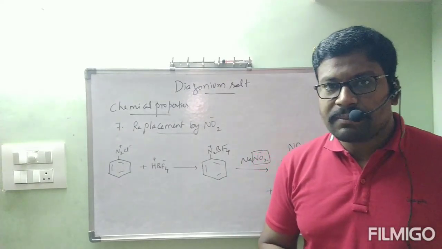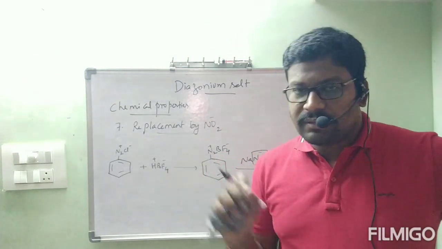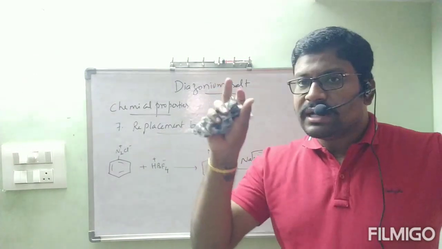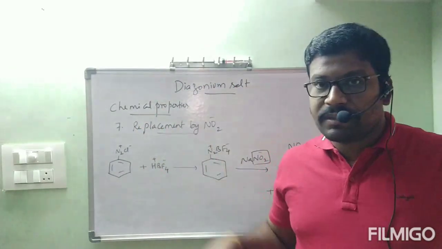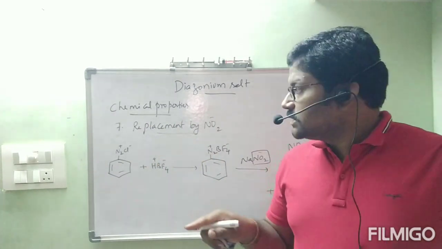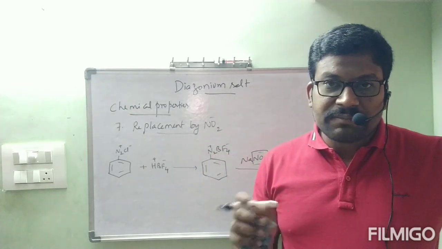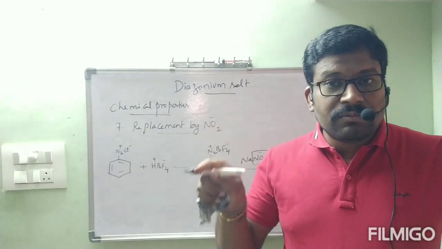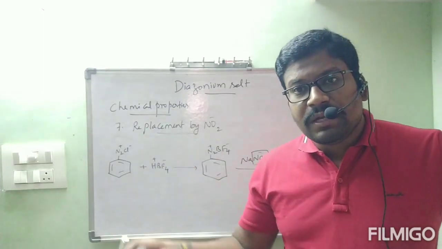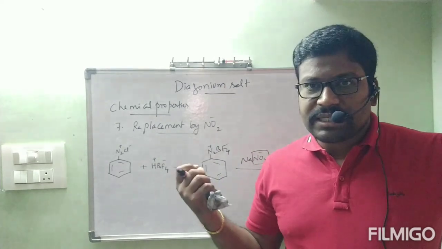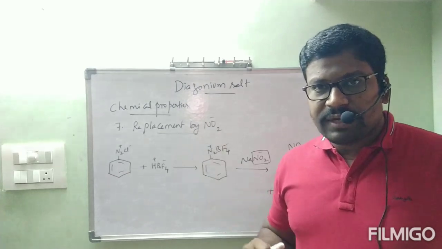Total 7 chemical properties of diazonium salts are involved with the elimination of the diazonium group, so the diazonium group is replaced by some substance depending on the chemical properties we have studied. Now next, the 8th one is not replacement of the diazonium group. The diazonium group is retained, meaning as it is present, and it is going to be involved in the reaction. I will show that one, you will understand easily. Till this, are you clear? 7th done. Next we will go for 8th.